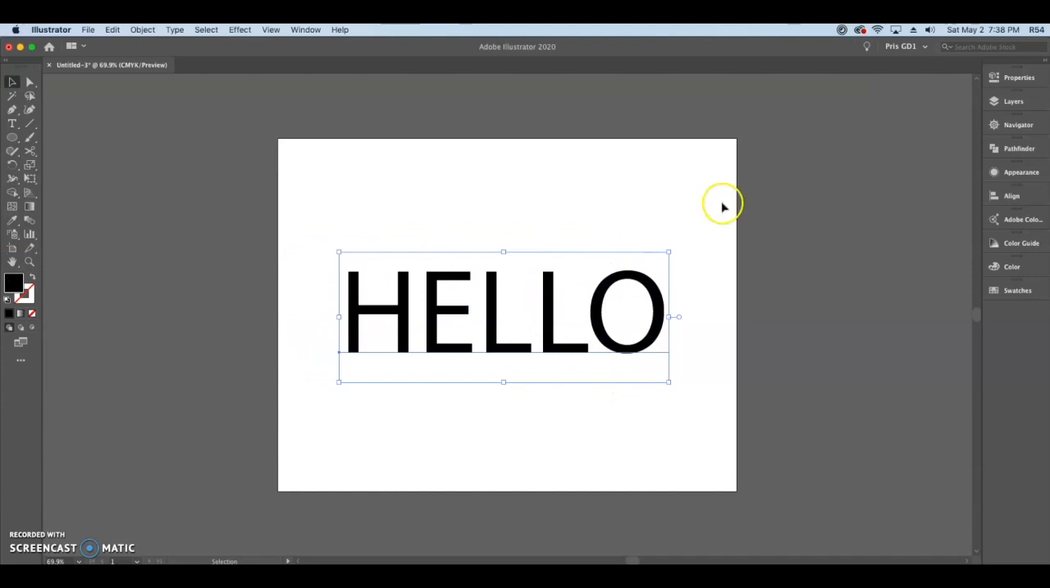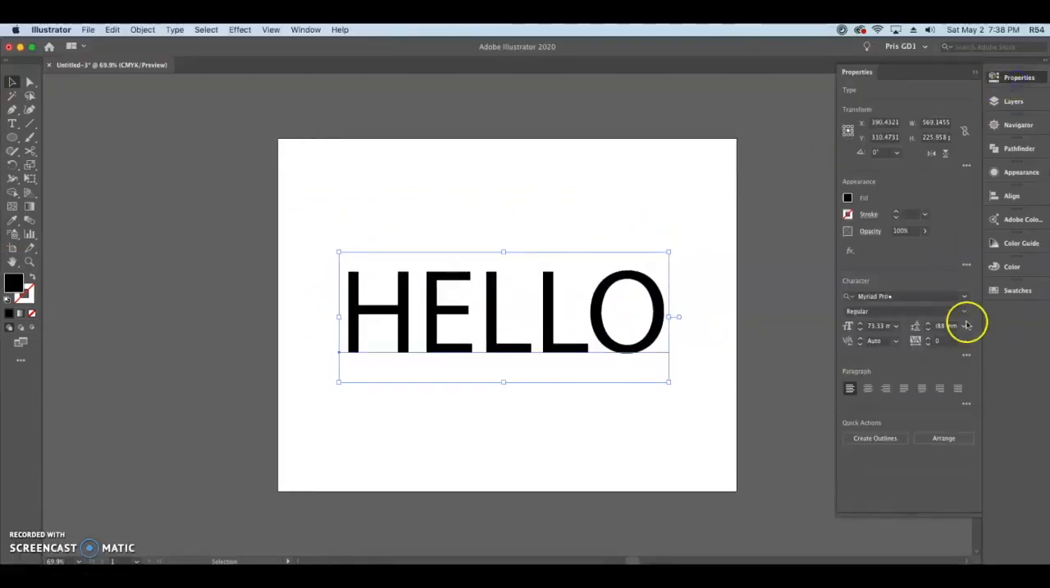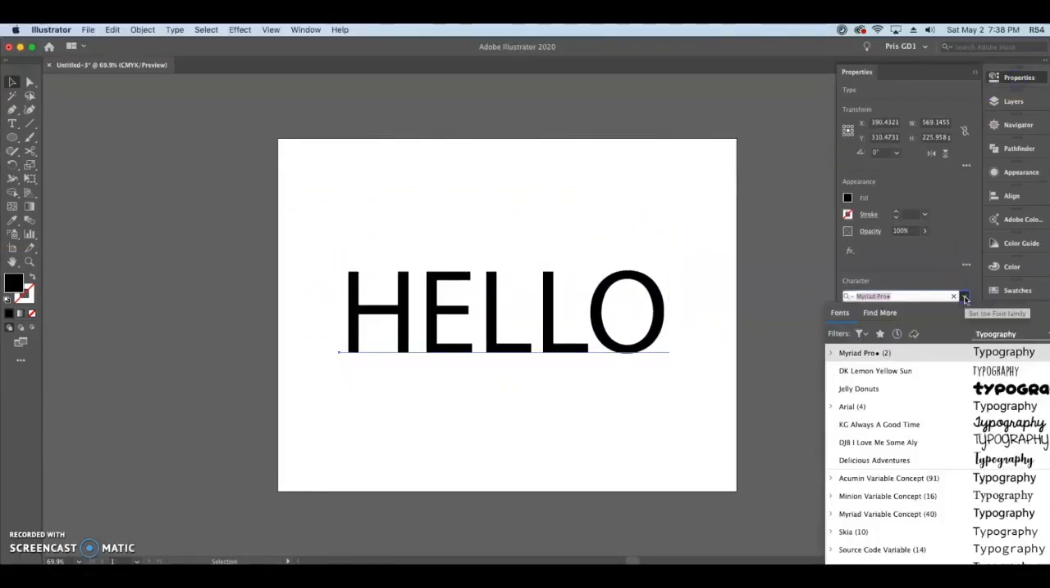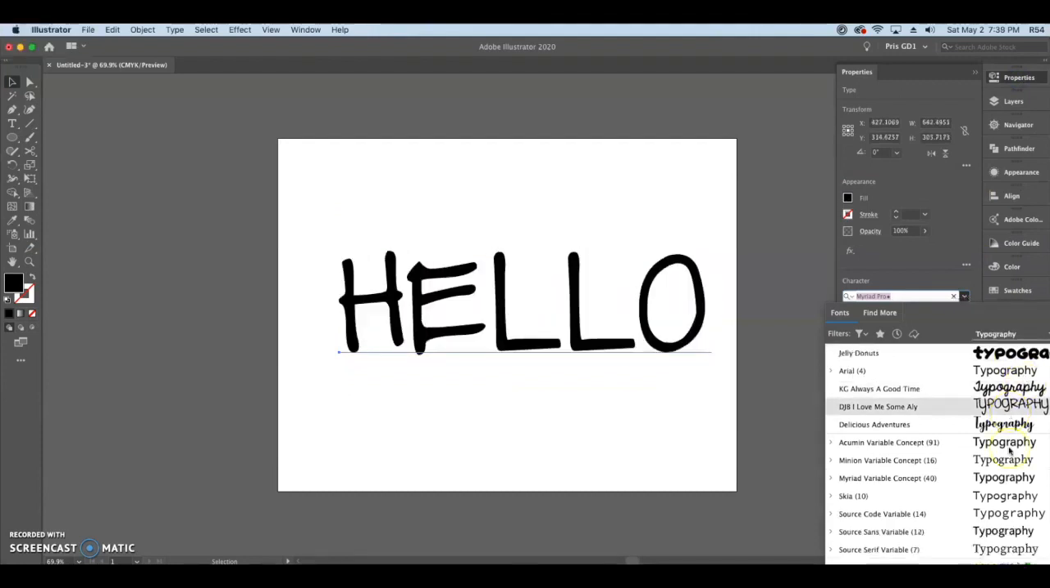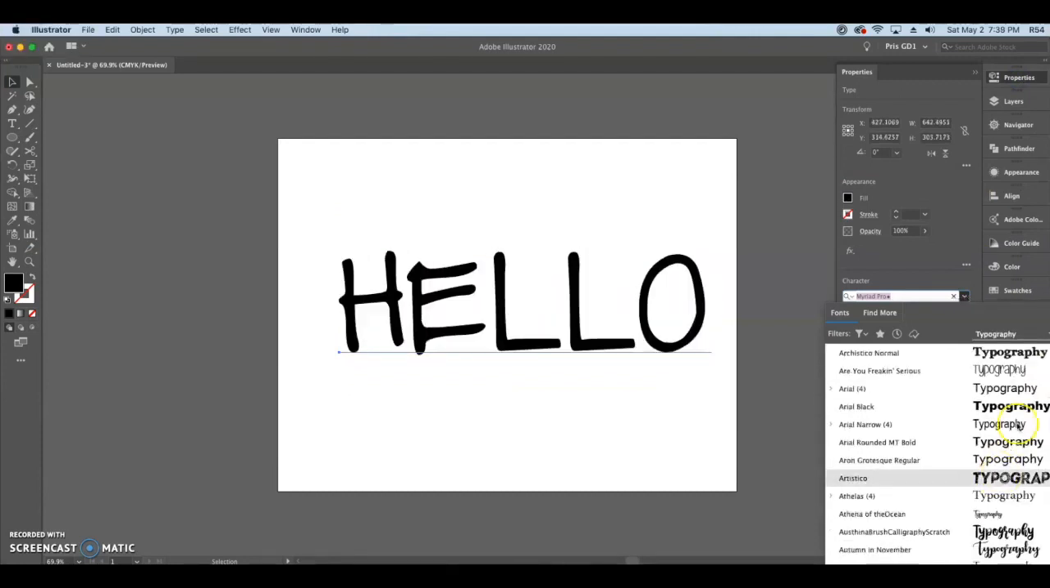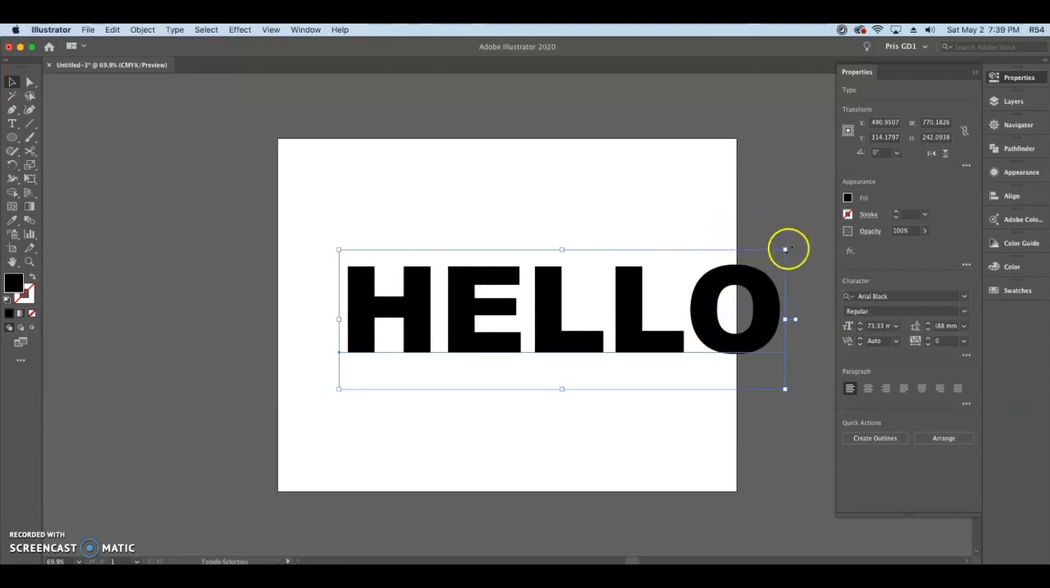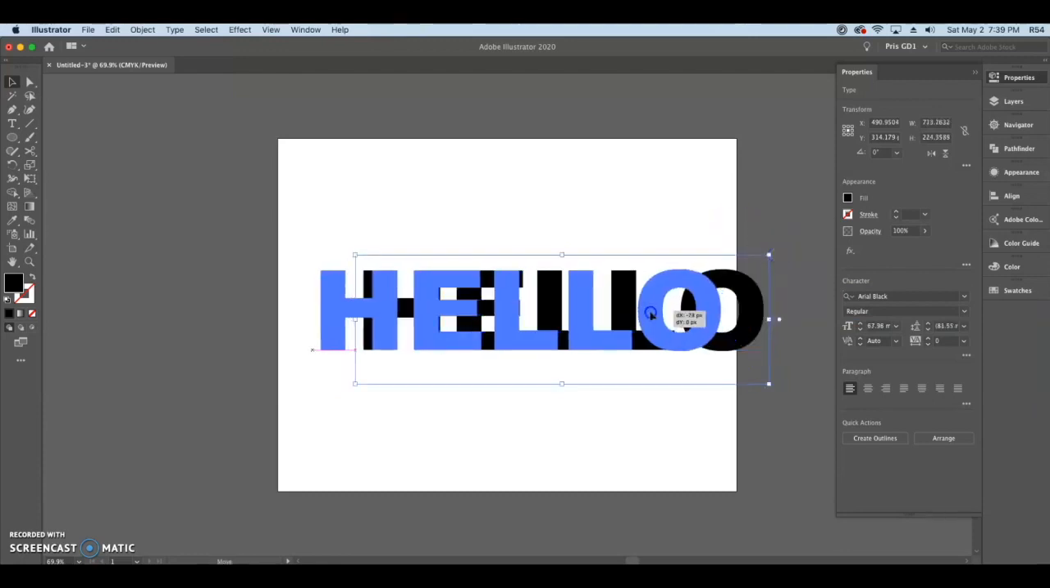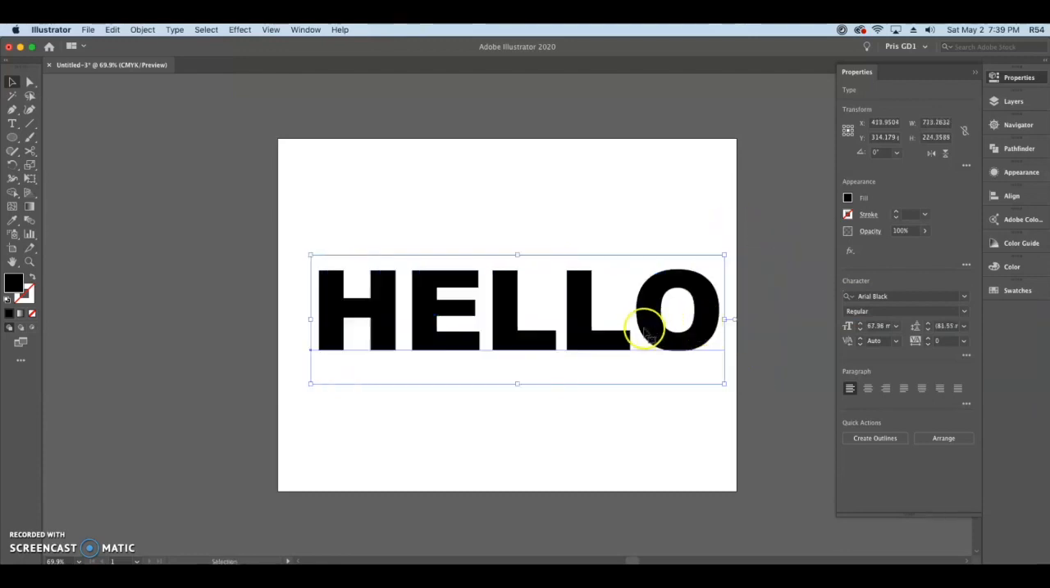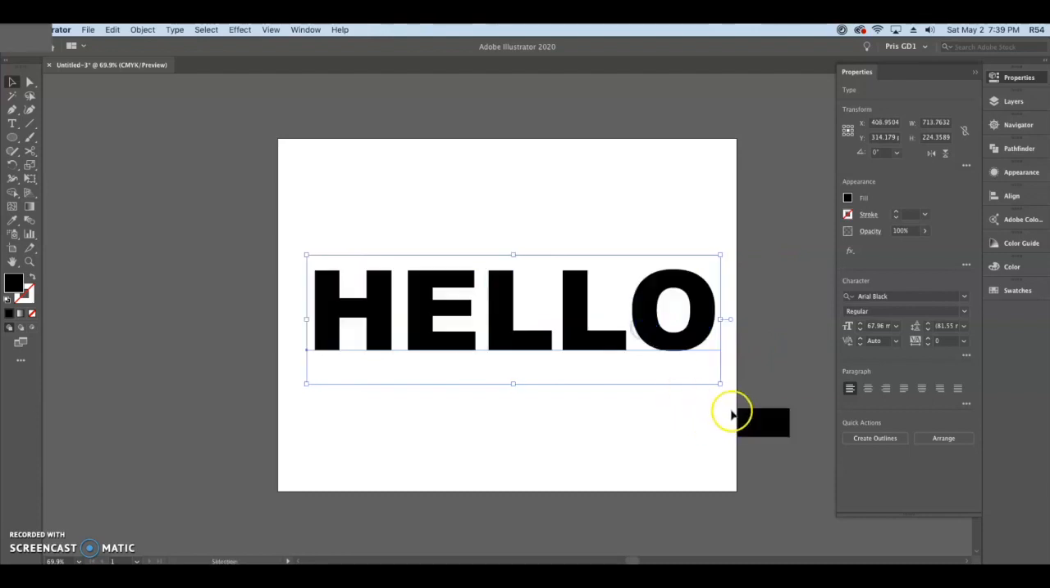to make it bigger, and then in my properties panel I'm going to choose a bold font, and for that I'll work with Arial Black. Let me resize it a little bit more, and I'm going to place it there in the center of my